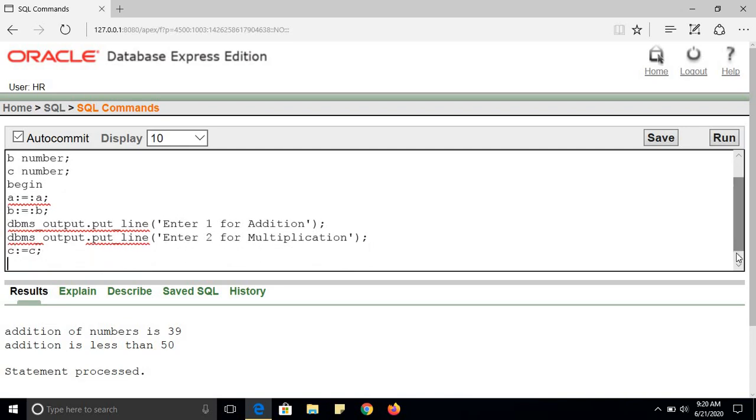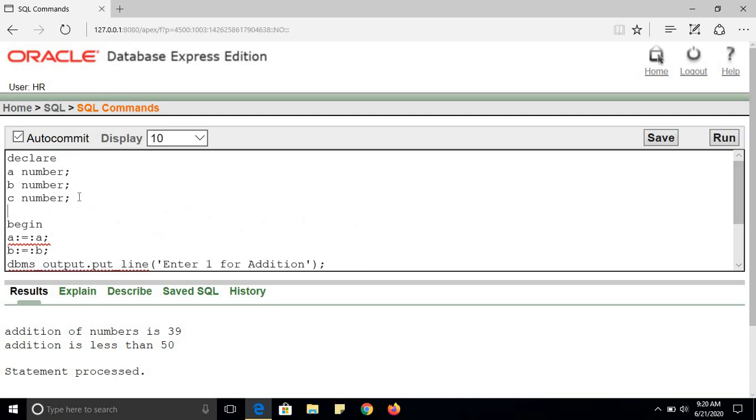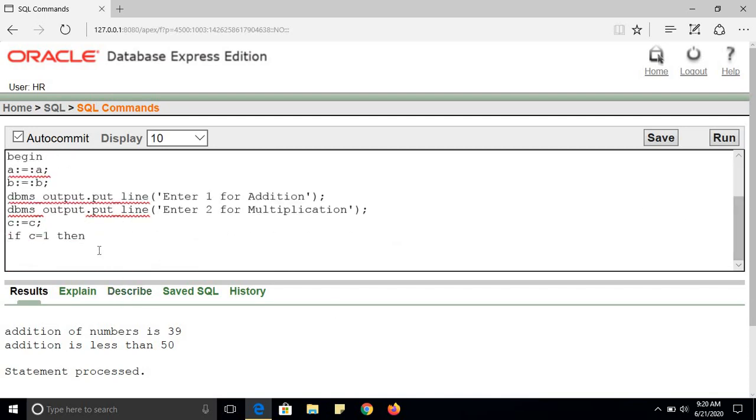I am getting this value in C. Now if C equals 1, then I am adding these numbers. So for the result, let us say we have number R. Fine. If C equals 1, then R will be equal to A plus B. Fine.